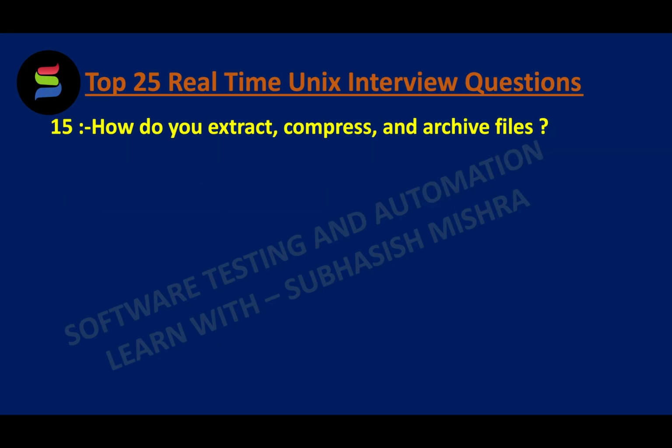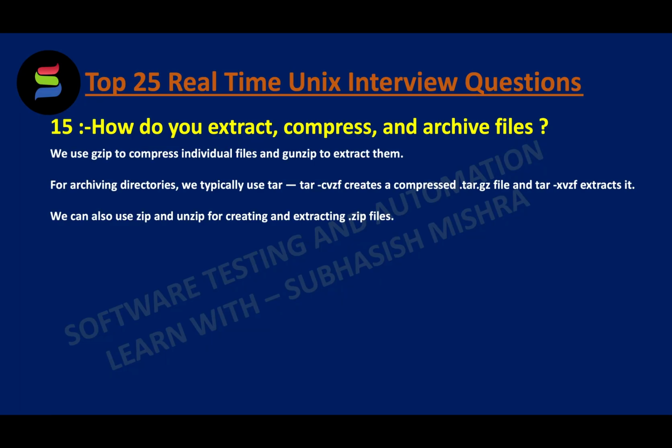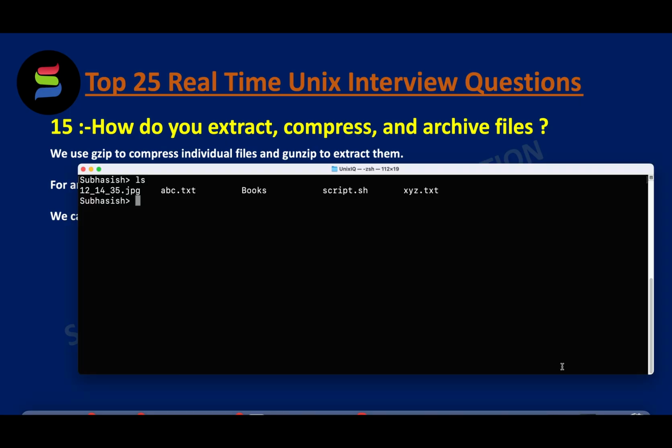How do you extract, compress and archive files? So to compress a file, we can use gzip. Let's say we have a file abc.txt. We want to compress it, so we can use gzip, then the file name. Now you do an ls, so you see abc.txt.gz. This formed. So this replaces the original file with the compressed file. Originally it was abc.txt. When we use gzip, then it became